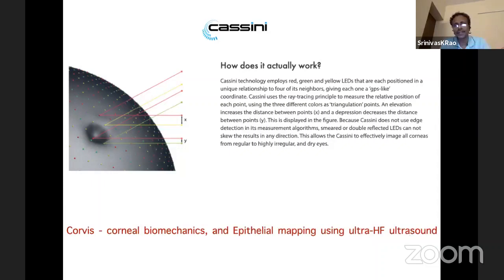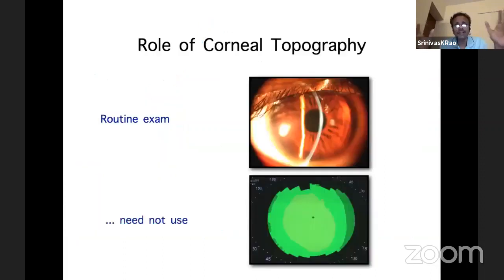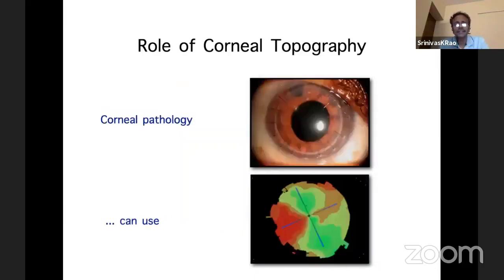Looking at topography in the context of a normal eye exam, is it necessary? I don't think so. So you don't need to do topography for everybody who walks into your clinic. If you're a corneal surgeon like me, if you're doing corneal transplants, of course corneal topography will help you, because if I do a graft like this and if I end up with astigmatism like this, the patient's not going to see well. I can help him by removing sutures along the steep area here to help the corneal astigmatism reduce. And here even a Placido-based topography should suffice.